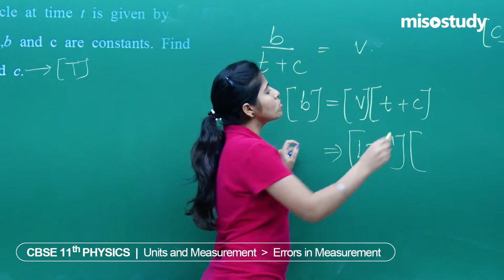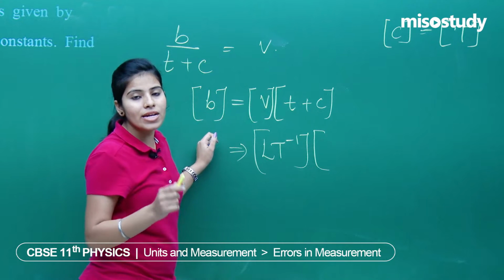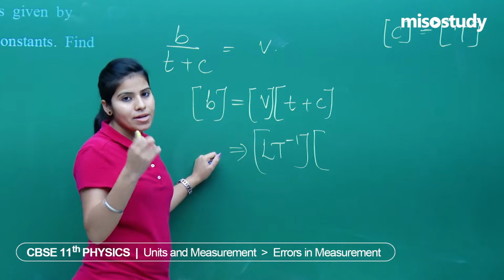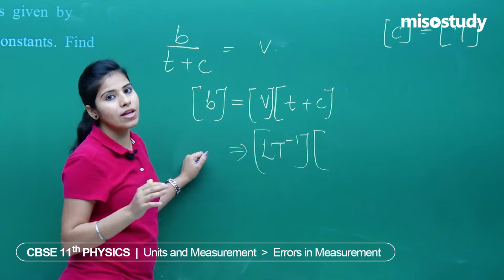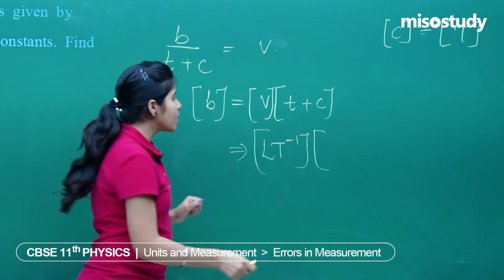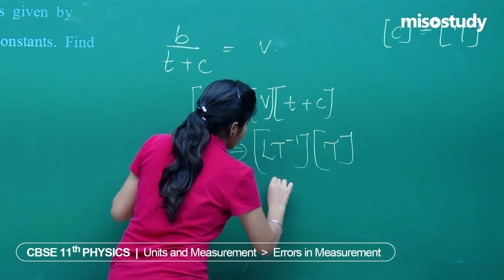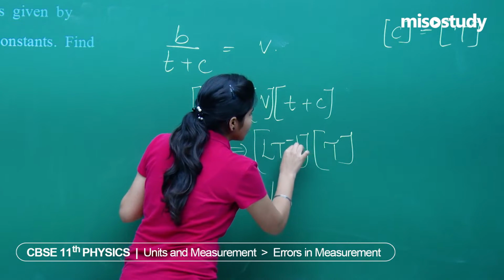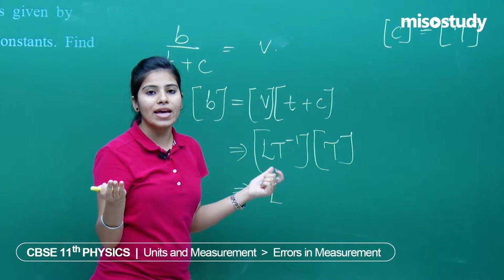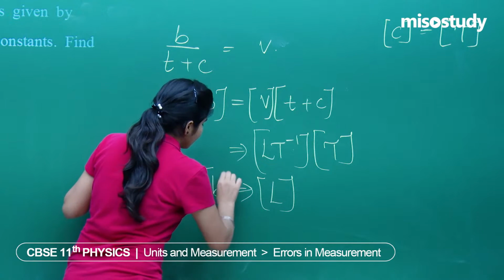Now, as I told you, this C and T are equal, they have the same dimension. So, you can write it as 2 times capital T. But we ignore the numerical values when we are dealing with the dimensions. So, we can simply write this as capital T. So, we now have T minus 1 plus 1, they will cancel. So, we have the power of T as 0. So, finally, we can write the dimension of B as